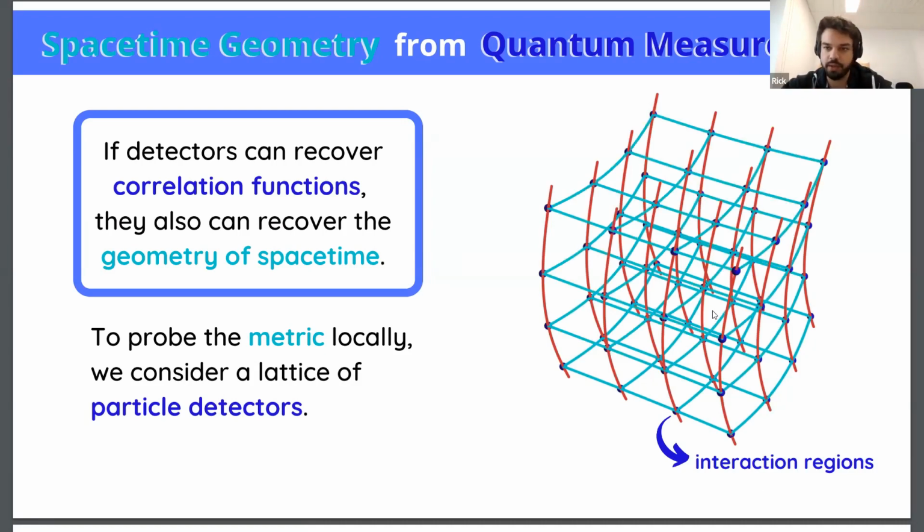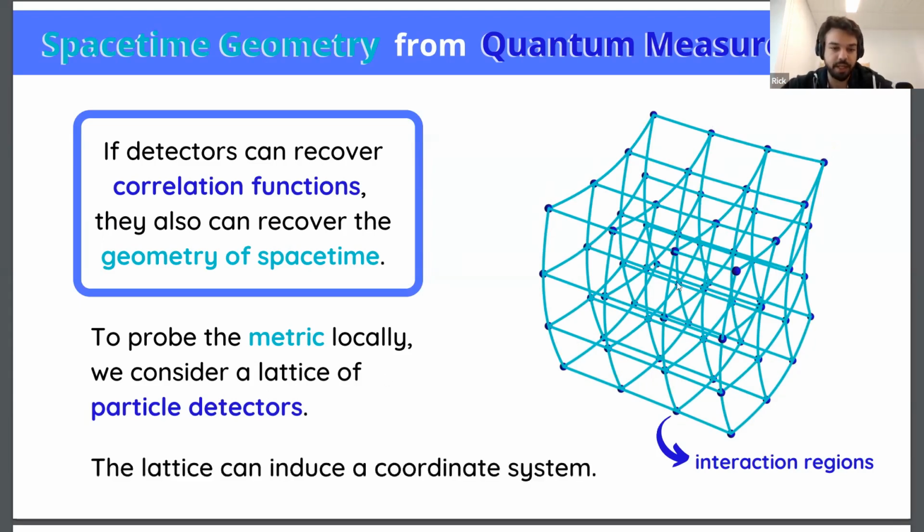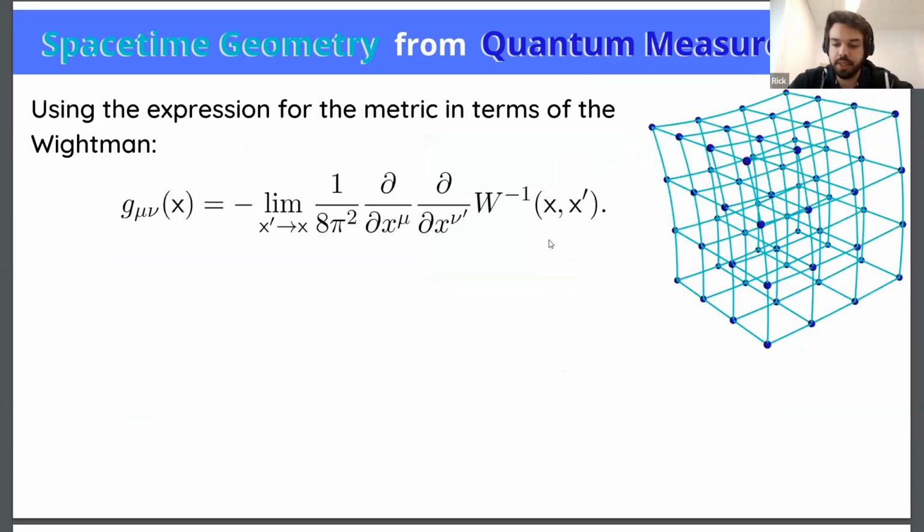And then overall, what you get out of this is an effective space-time lattice that contains the interaction regions of each one of these detectors. And this lattice can induce a coordinate system in many cases. I mean, locally, you can always find coordinate systems that will contain at least bits of this lattice. And the idea is that we will recover the metric of spacetime in the coordinates that are adapted to this lattice. So essentially, coming back to the expression that we had that related the metric of spacetime with the correlation